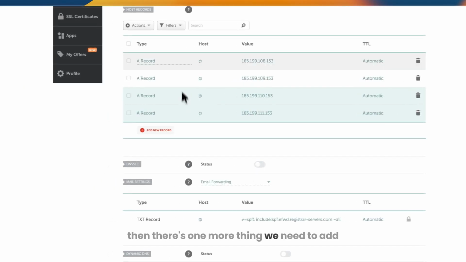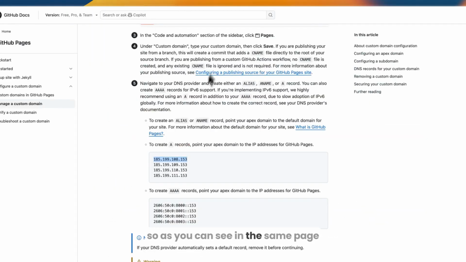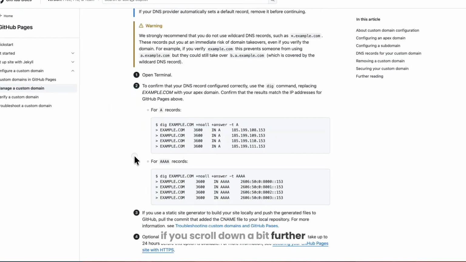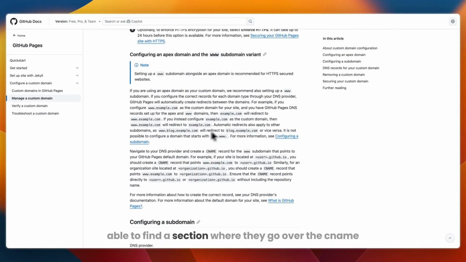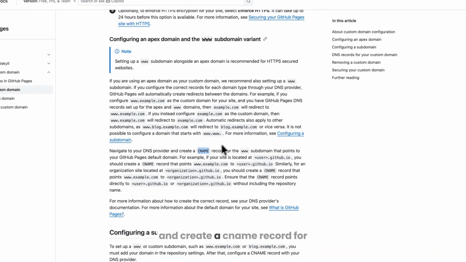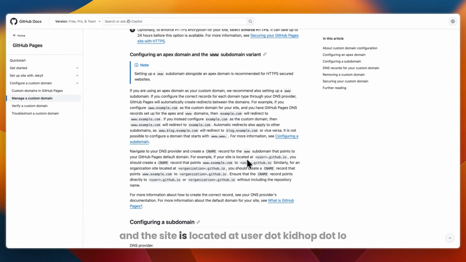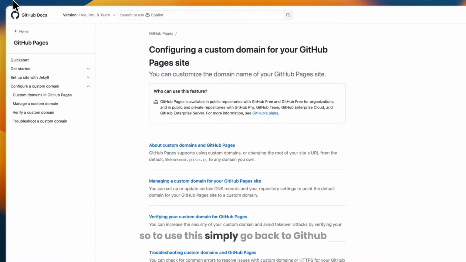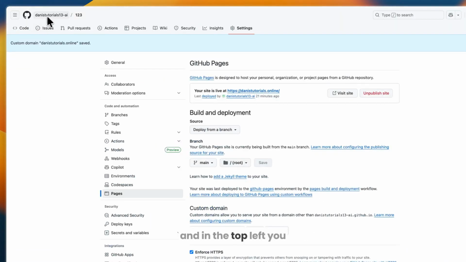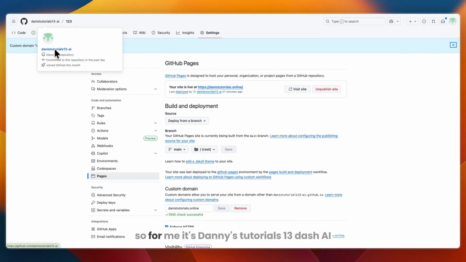Then there's one more thing we need to add. So as you can see in this same page, if you scroll down a bit further, you will be able to find a section where they go over the CNAME. So navigate to your DNS provider and create a CNAME record for www subdomain, and the site is located at user.github.io. So to use this, simply go back to GitHub, and in the top left you will see your username. So for me it's